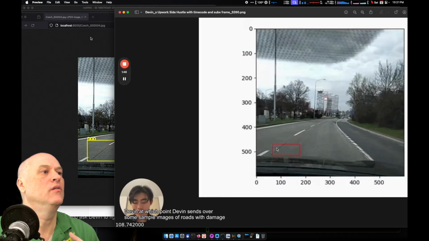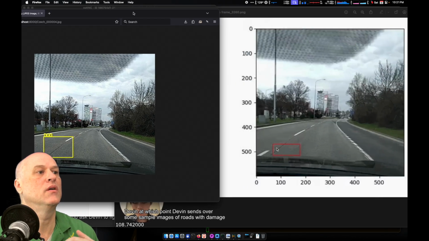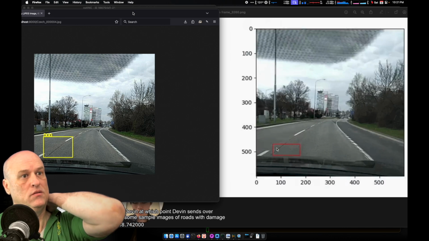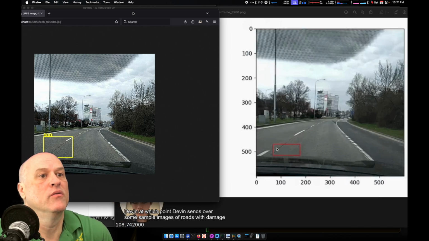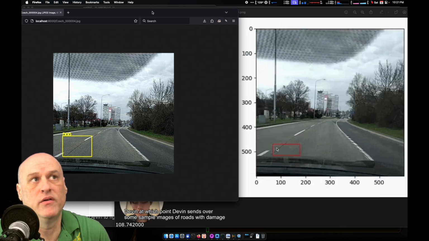So their little box is red and my little box is yellow. And slightly different, but it found the same spot in the road that's wrong. So I'm not sure exactly why one of them is yellow and one of them is red. I don't know if it matters or not, but